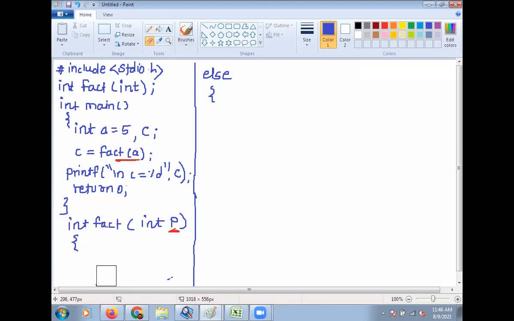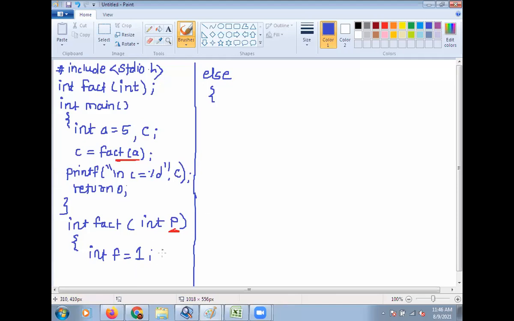Here we have to declare one local variable. Suppose here f, integer f is equal to 1.